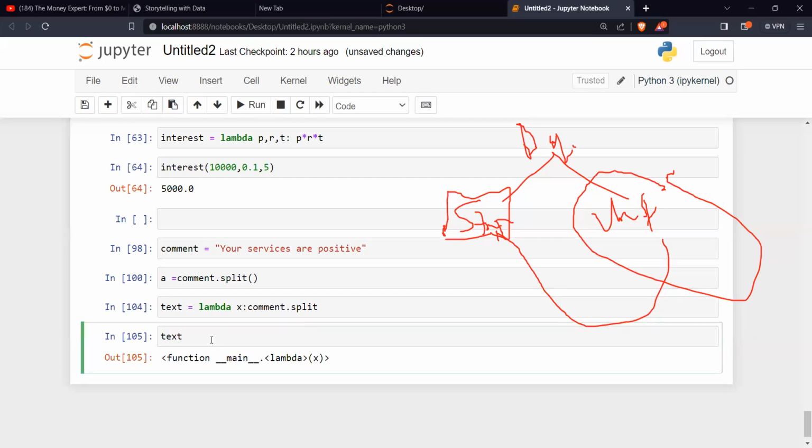It's creating a function. Whatever I write now, I say the text is: this is a good product. So what is it doing for me now? What is it telling me?